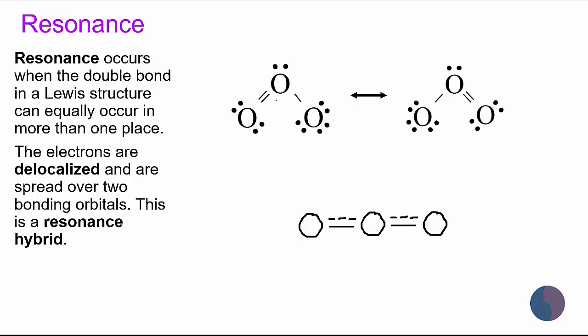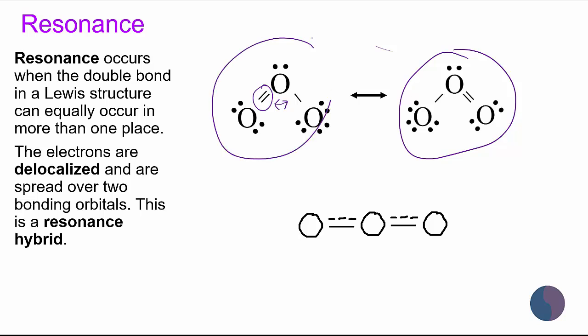Resonance occurs if there is a double bond that can equally be on either side or somewhere else in the molecule. So if they're pretty much equal compounds, pretty much one's just flipped or rotated, and so when that happens, what's actually going on is the electrons are evenly spread out throughout the molecule and they're delocalized. So what you do is you'll just draw a dotted dash